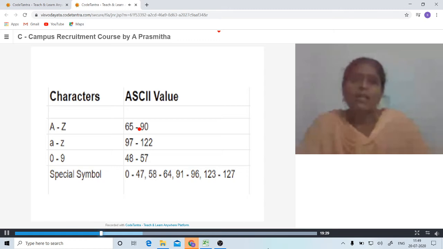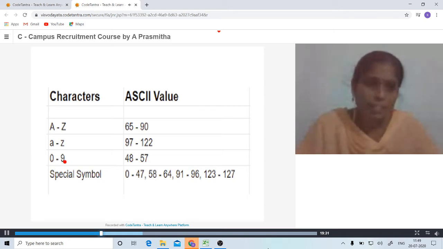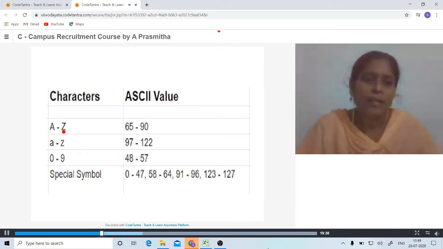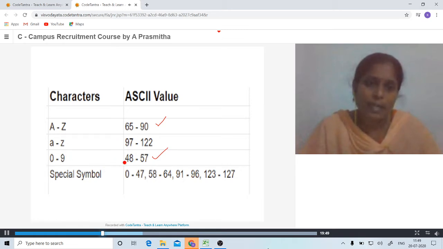According to ASCII, the digits 0 to 9 are 48 to 57. Similarly, capital A to Z are 65 to 90. If we remember these two, we can easily write the hexadecimal number system. So 0 starts from 48, capital A is 65, and the remaining ones are just an increment of 1 for each.